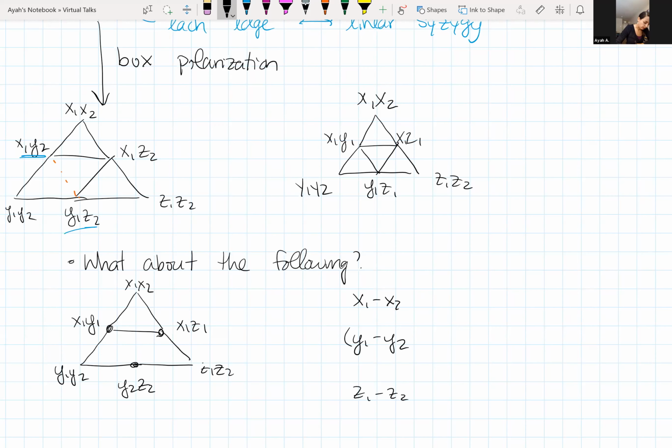So if we look at y1 minus y2, and we multiply it by x1, z2, this is not an element in my ideal. But if you rewrite this, you see we have an x1, y1, and then we have y2, z2. These are both 0 in S tilde mod I tilde. So this is 0. This is not a regular element. So it seems like we can remove one edge from here and it's fine. But when we remove two edges, somehow that's a problem. And so